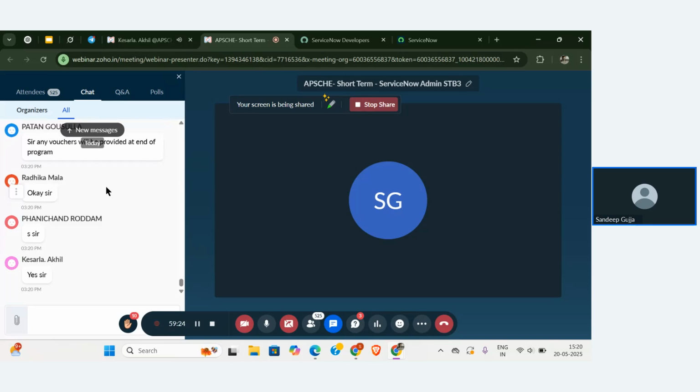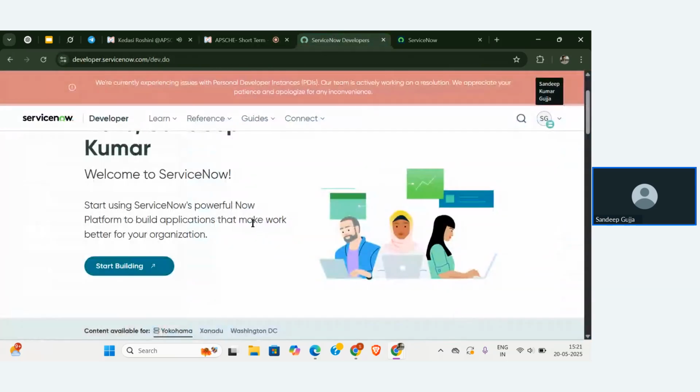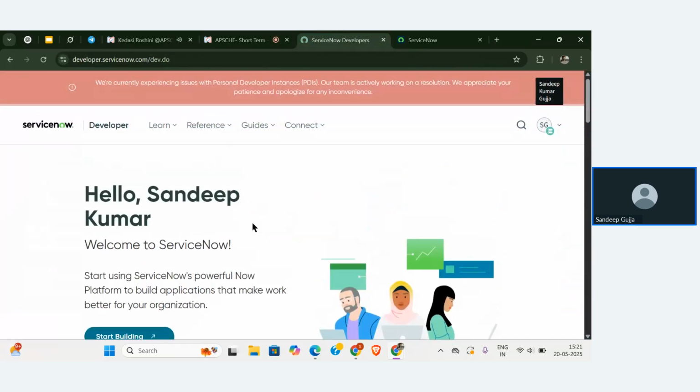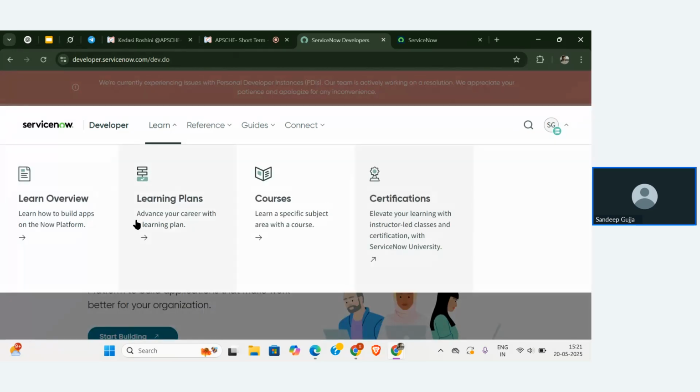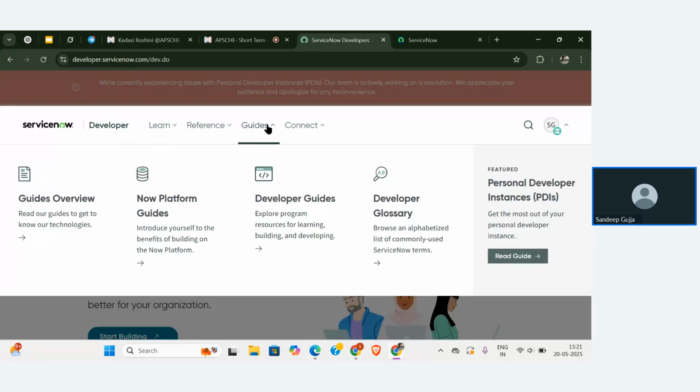Yeah, that's great. So I think everyone got the idea about the ServiceNow website and what things you have here. And from here only we are going to see the learning platform as well. Here you are going to see how many certificates, everything will be accessible from here as well. You can see the references, the developer guide that you can use for yourself, and the exact definitions that you want to learn. Everything will be available from this website only.